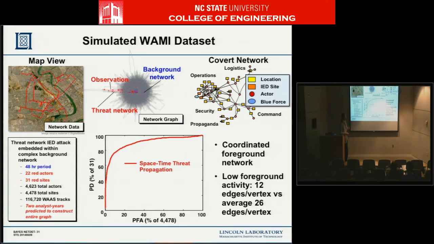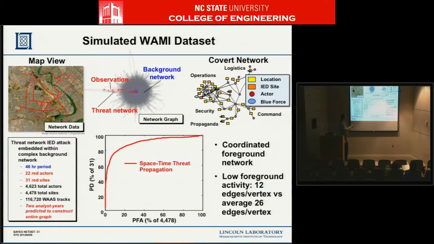And so I'll just show some results here that we have for our empirical data sets. This is a simulated data set of wide area motion imagery, and this takes place over a couple-day period. There's a handful of foreground entities that one cares about in the background of thousands of things you don't care about. And this shows the performance of, in this one particular instance, of this network detection algorithm. And because of the property stated before of optimality, I think this gives you a bound on the kind of performance.